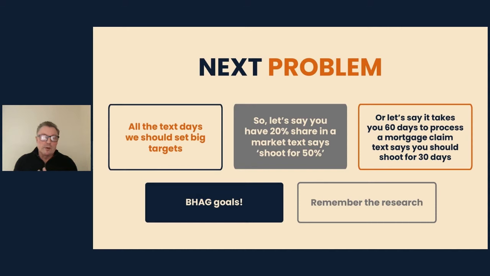So this notion of BHAG, you know, big, hairy, audacious goals, actually is a ridiculous notion, because it's not based on current capability. And often what it doesn't force people to do is understand how the system works today, redesign a new system, and then really hypothesize from the methodology what results do we expect the methodology to get us.